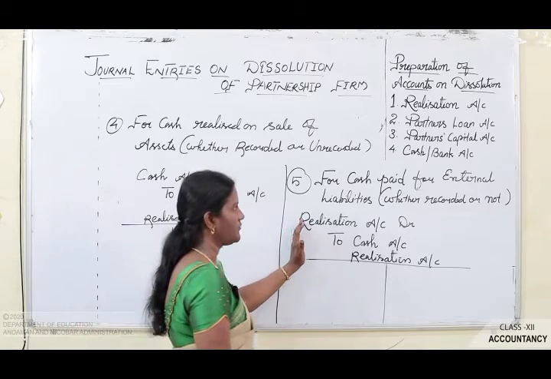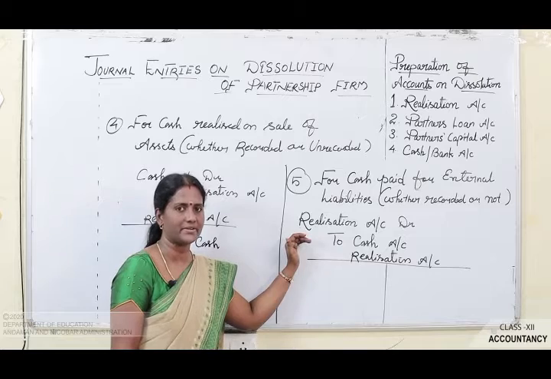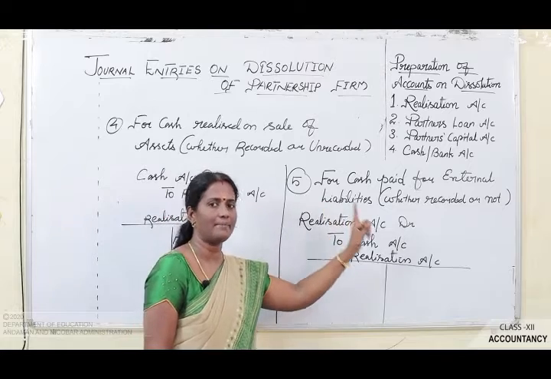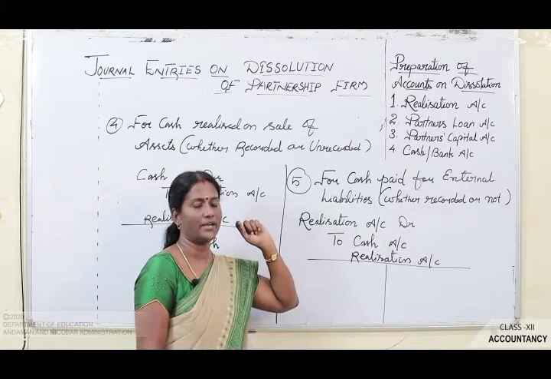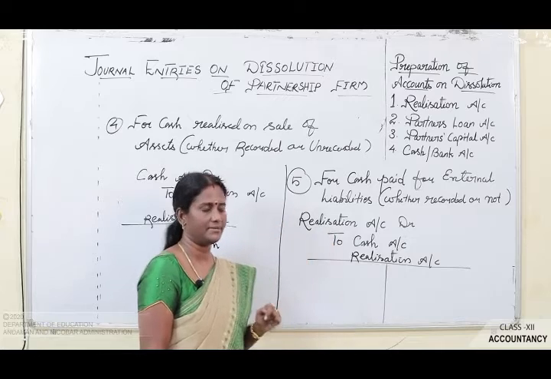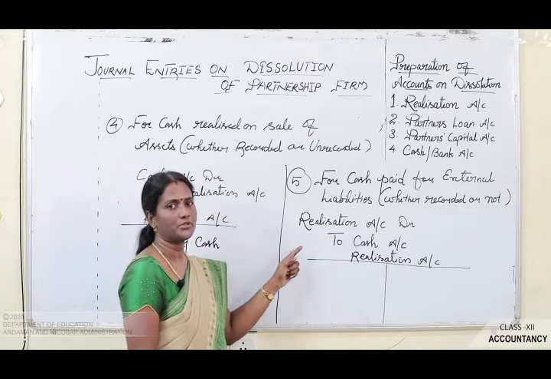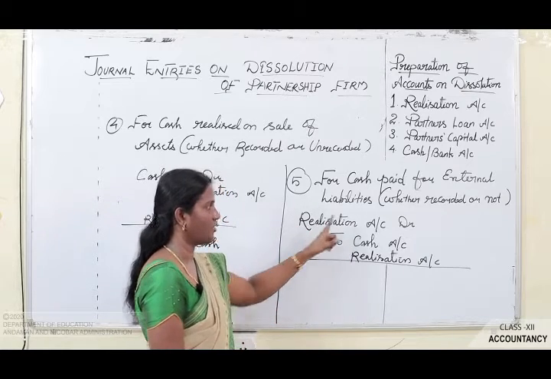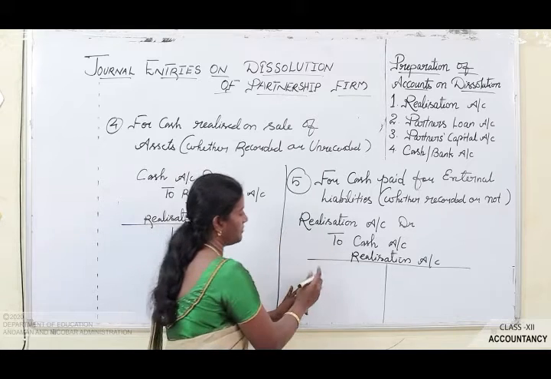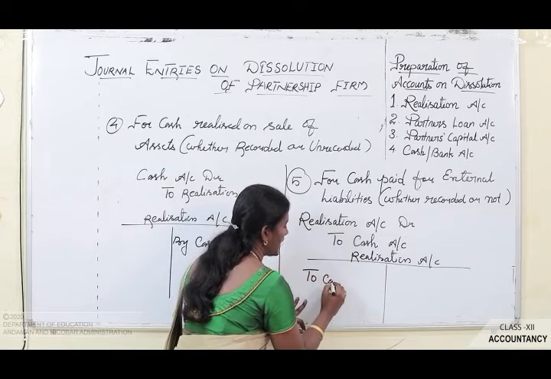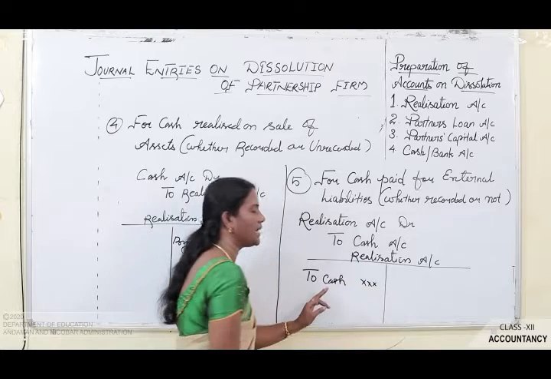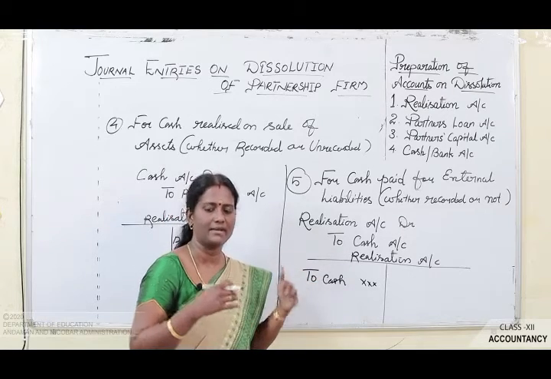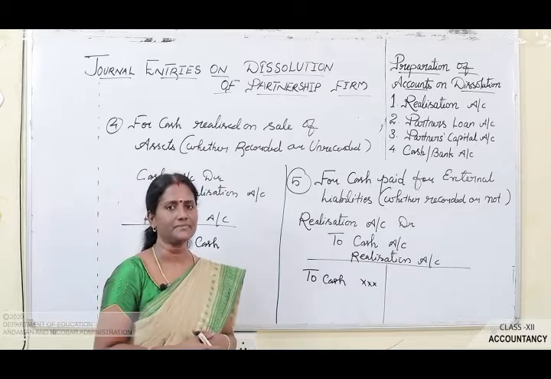सो द नेक्स्ट पॉइंट इज फॉर कैश पेड फॉर एक्सटर्नल लायबिलिटीज। आपने लायबिलिटीज ट्रांसफर करके रखा है, कहाँ पे ट्रांसफर करें आप, लायबिलिटीज को आपने आपका रियलाइजेशन का क्रेडिट साइड में ट्रांसफर करके रखा हुआ है। नाउ व्हाट यू हैव टू डू, यू हैव टू डू द पेमेंट पार्ट। ठीक है, जब आप पेमेंट करते हैं तो वेयर यू हैव टू शो योर अमाउंट रियलाइजेशन अकाउंट टू कैश अकाउंट, दिस विल बी योर जर्नल एंट्री रियलाइजेशन अकाउंट डेबिट टू कैश अकाउंट। सो आपका रियलाइजेशन में कैश डेबिट हो जाएगा, टू कैश यहाँ पे शो करेंगे, दैट मीन्स व्हाट, आपने आपका लायबिलिटीज जो भी था उसको पे कर लिया है।